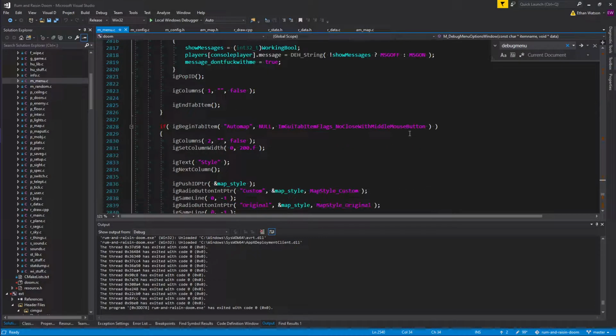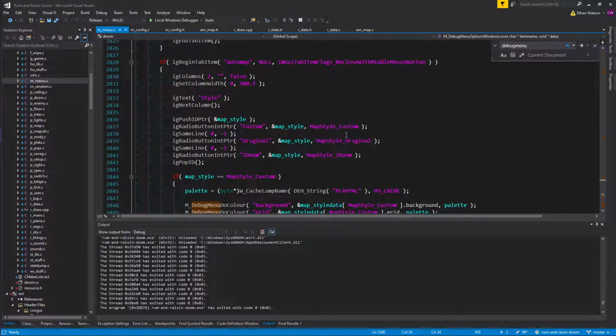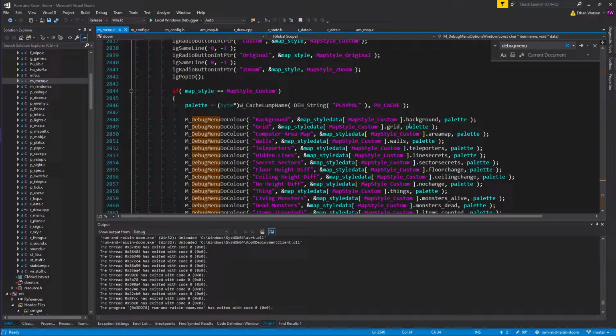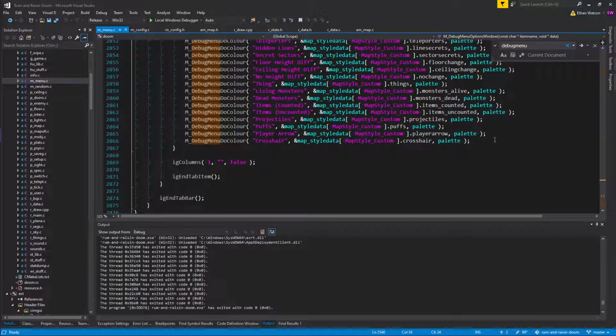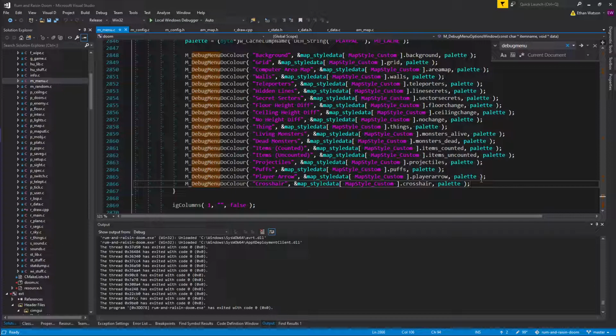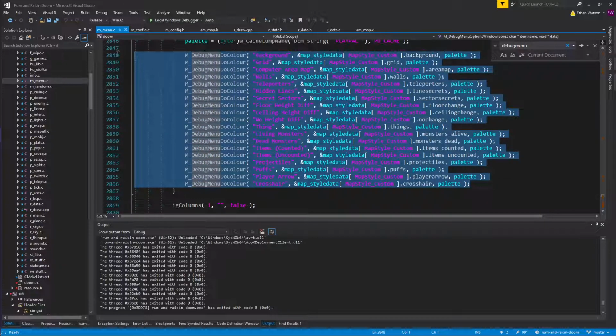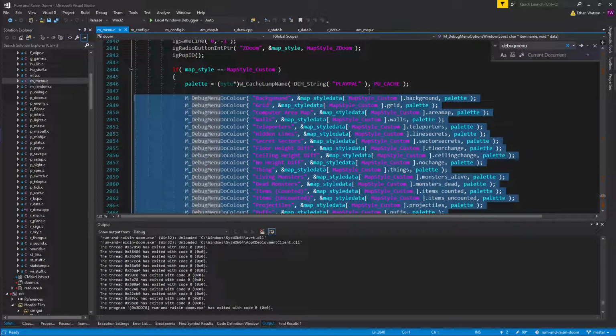So we scroll down here, and this is one of the reasons why I think there has to be better options than MGUI out here. Look at all this code I'm doing for that options window you've looked at. All right, so this is the important thing. This right here is where I've put colors. So